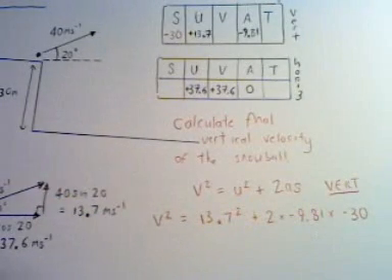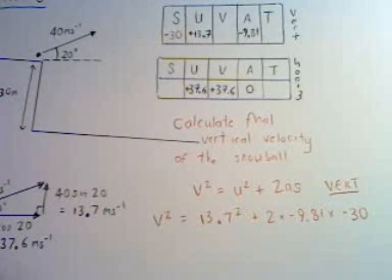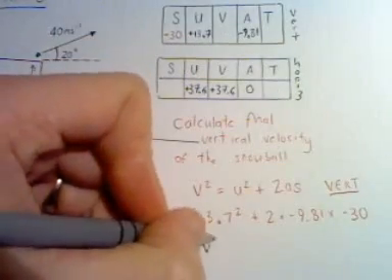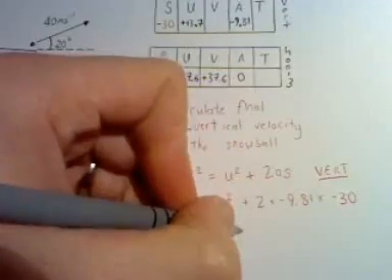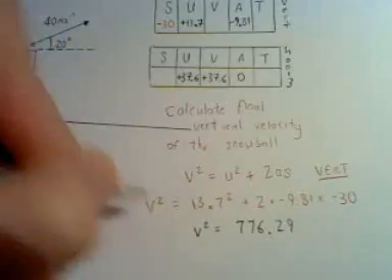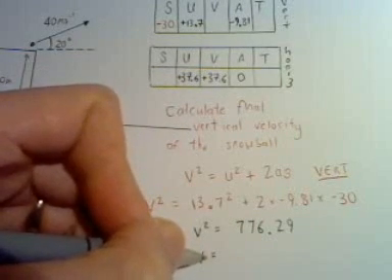If I just switch from the red pen to black pen, I think you'll find that's a little bit easier to see on the camera here. So if we just calculate v squared, we've got 13.7 squared plus 2 times minus 9.81 times minus 30, and that gives us 776. V squared equals 776.29, and so v, if we take the square root there, will be